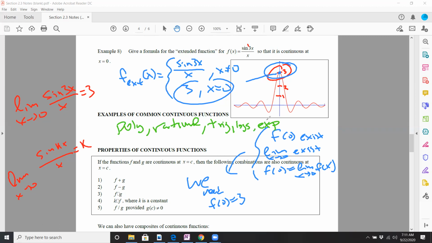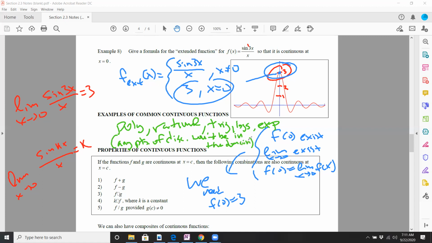And that's because for all these, any point of discontinuity won't be in the domain. So we could see